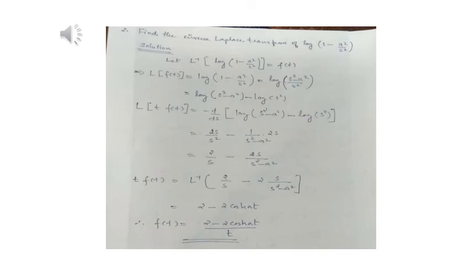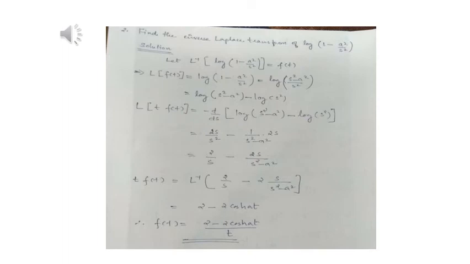Okay, now if it is L of t f of t, we can take the derivative of the RHS, that is minus d by ds of [log (s square minus a square) minus log s square]. You can refer to the Laplace transform of derivatives. So when we take the derivative of log s square, we will get 1 by s square into the derivative of s square, that is 2s. So minus d by ds into minus log s square, so plus will come. So the answer is 2s by s square.